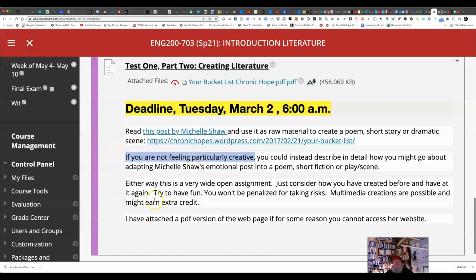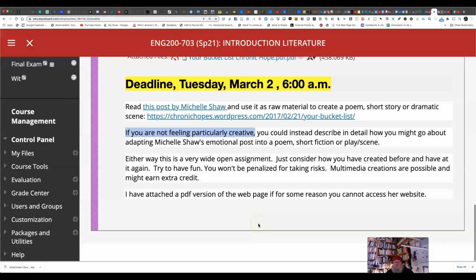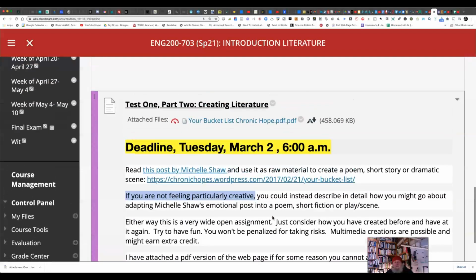Either way, this is a very wide open assignment. Just consider how you've created before, poem, short story, short scene, and have at it again. Try to have fun. You won't be penalized for taking risks. Multimedia creations are possible and might earn extra credit. And then I mentioned the PDF version of the web page if you can't access the website.